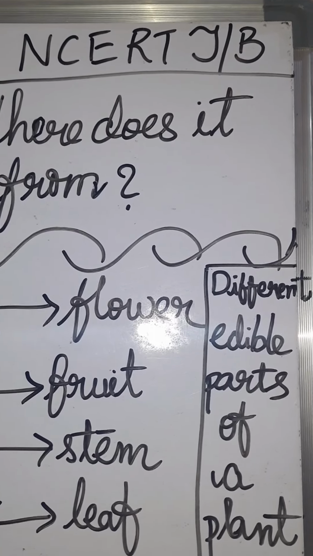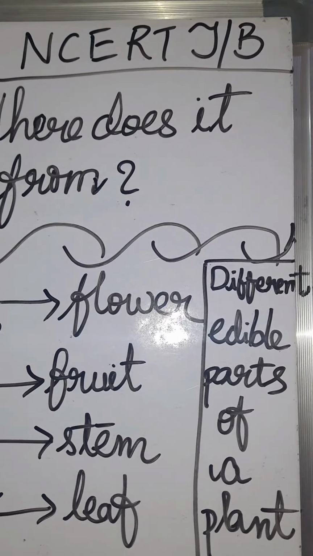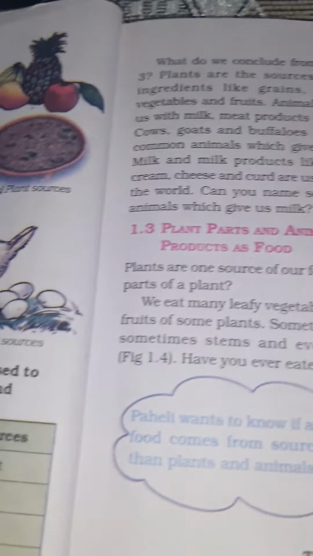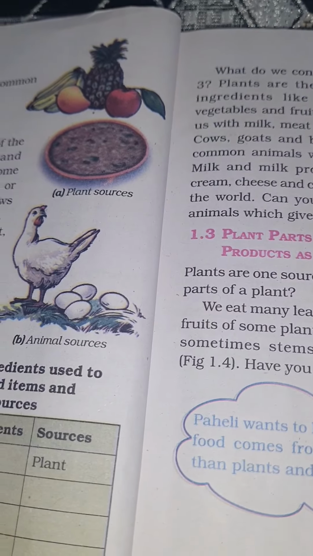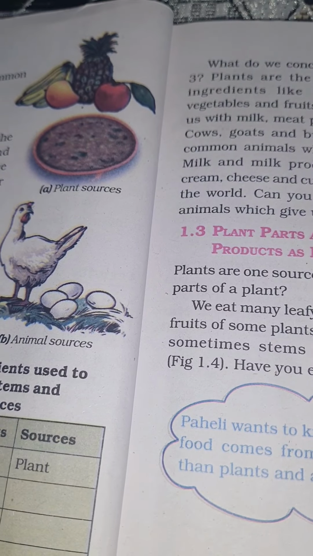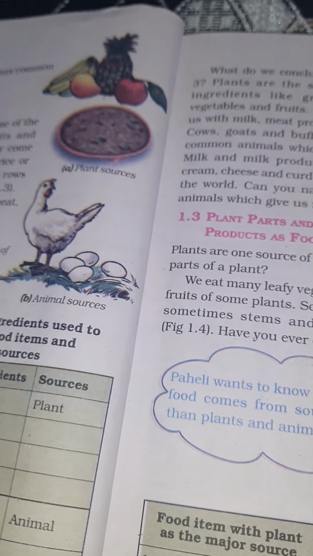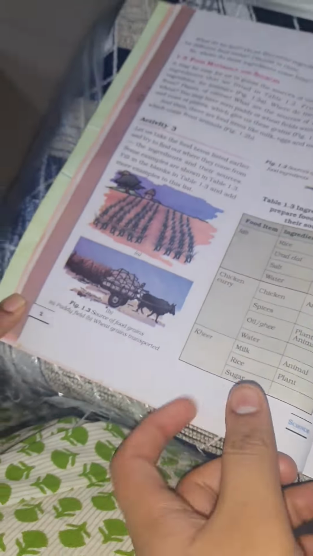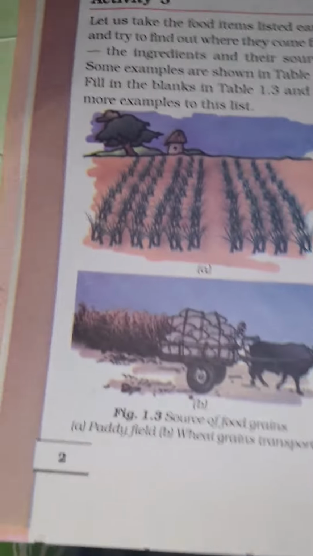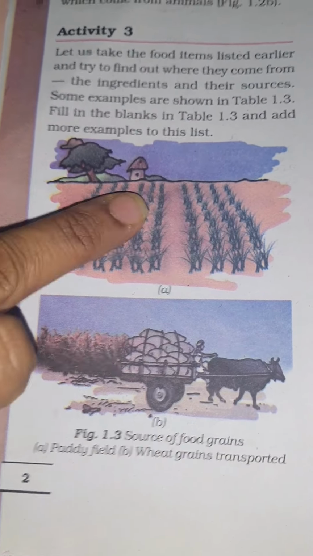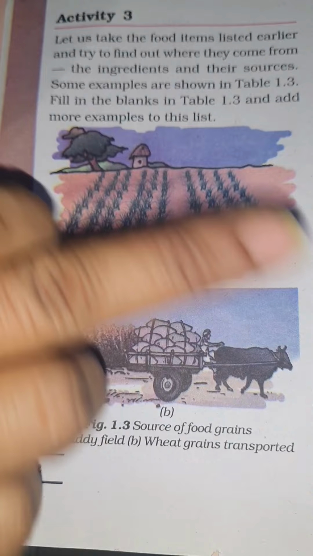It is very easy for us to guess the sources of the ingredients that are listed. Yes, children. So fruits and vegetables are coming from the plants, and the sources of rice, wheat, everything, are also paddy, wheat. From the fields only we are getting rows and rows of plants. See here, like this they sow, and the source of the food grains is this paddy field, wheat grains. Okay, children. So these are the sources, how we are getting the wheat and the rice.